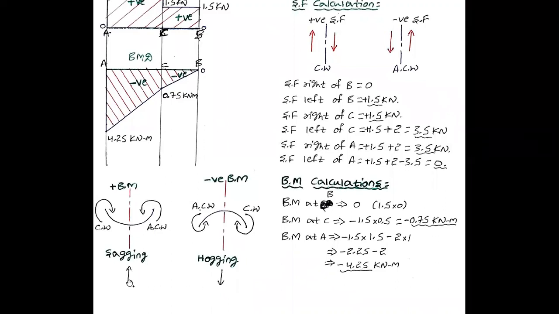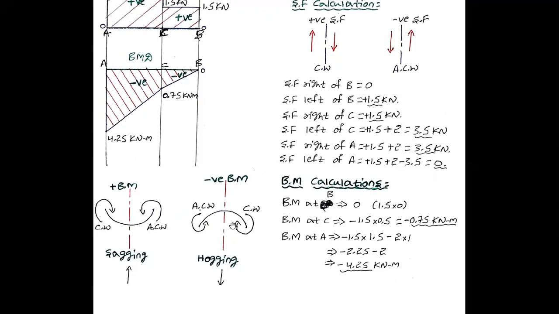If the vertical force is acting upward, the beam will always bend in sagging, or positive bending moment. If the vertical force is acting downward, whether you take the right side or the left side, it will always result in a hogging or negative bending moment. You can see that this is the vertical force.